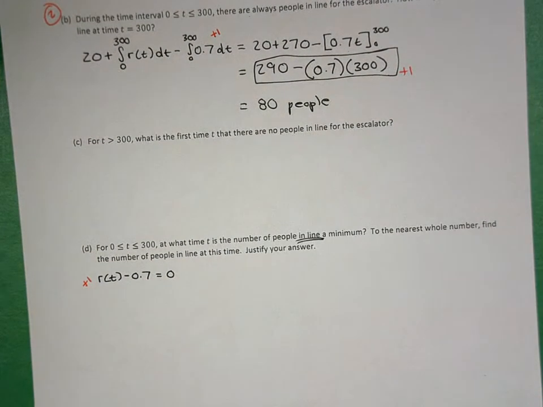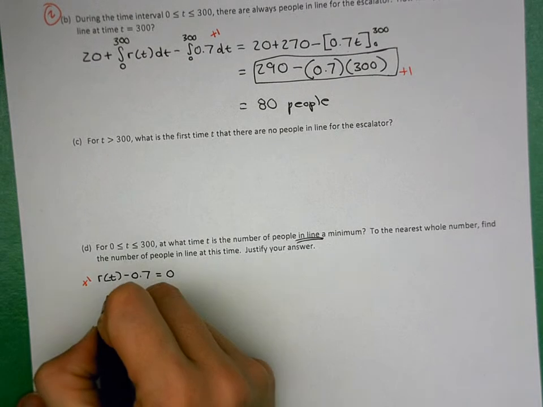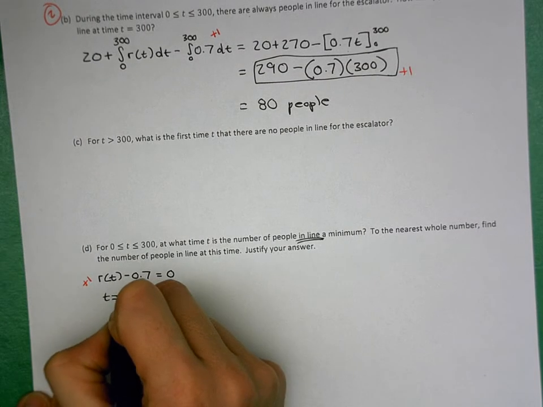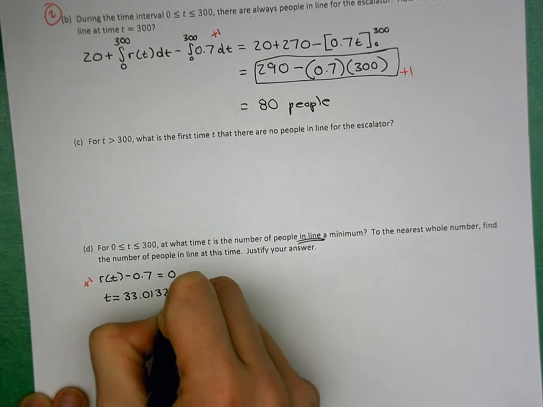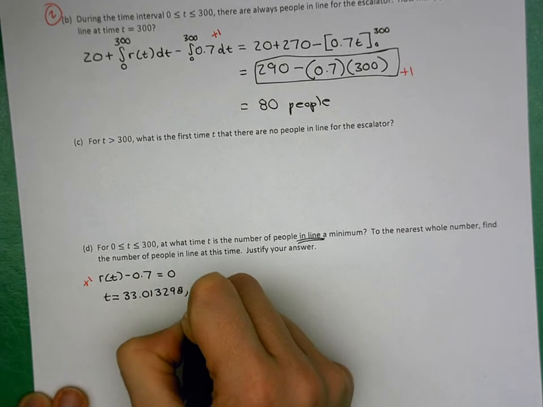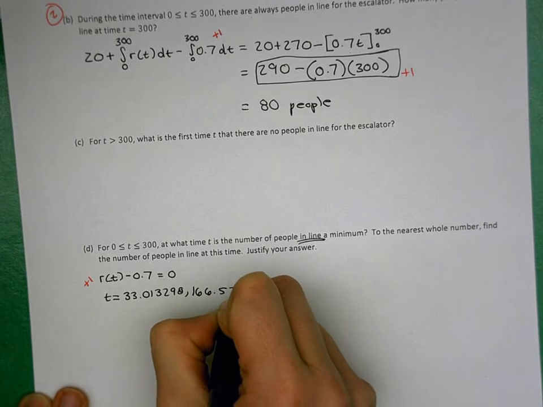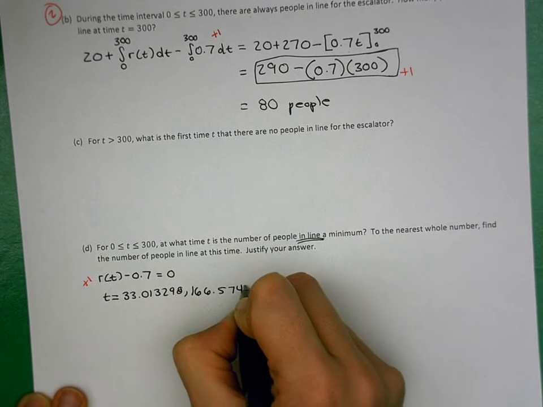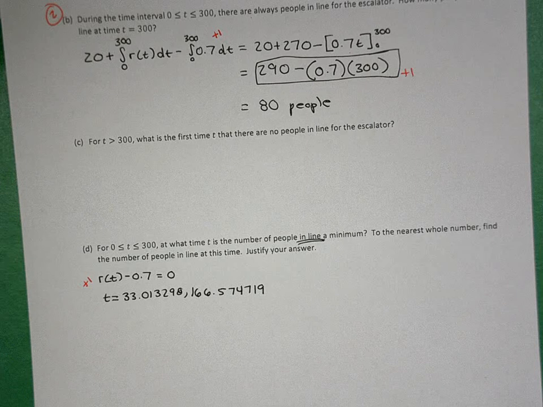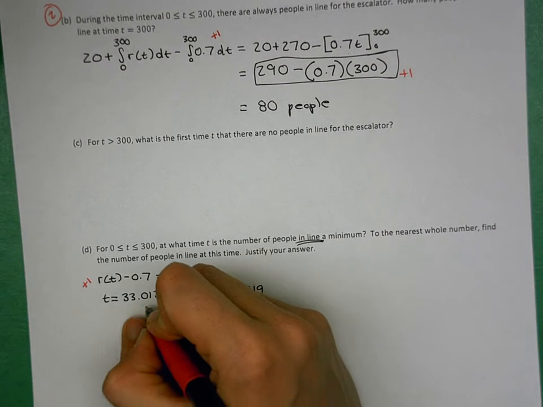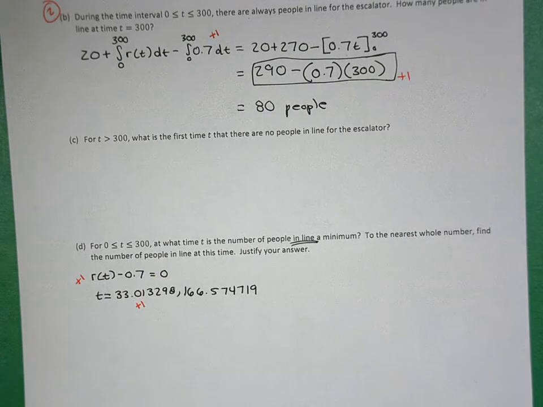And so for this particular one, you would find 2 zeros, one at 33.013298 and one at 166.574719. Okay? We have an additional advantage, which is, oh, by the way, you got a point for identifying this particular t, the 33 value of t. Because as I was about to say, we have an additional advantage, which is we know we're trying to find